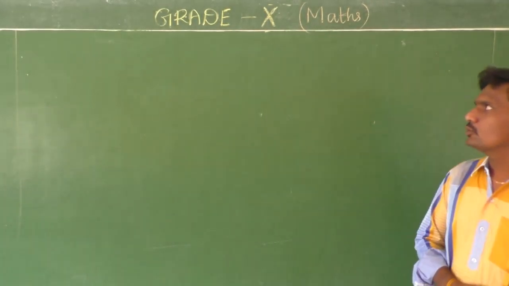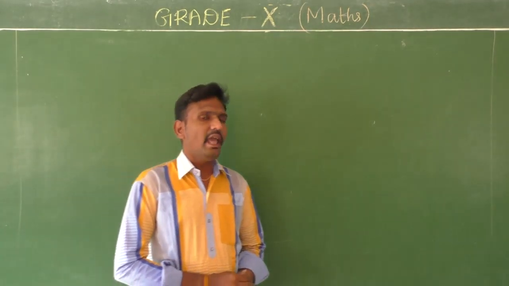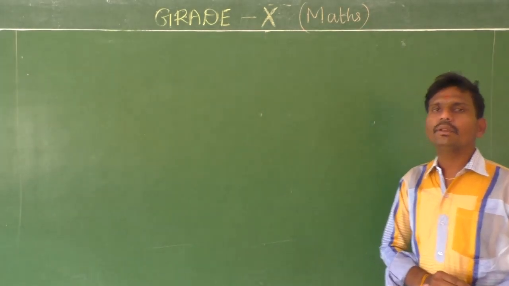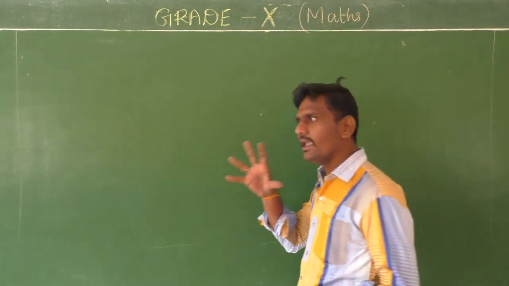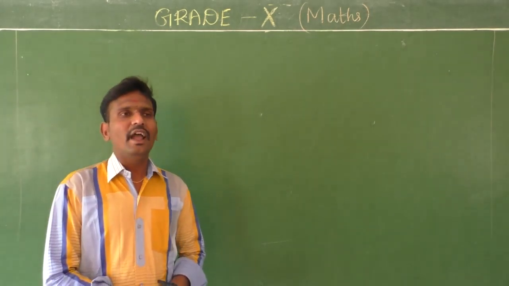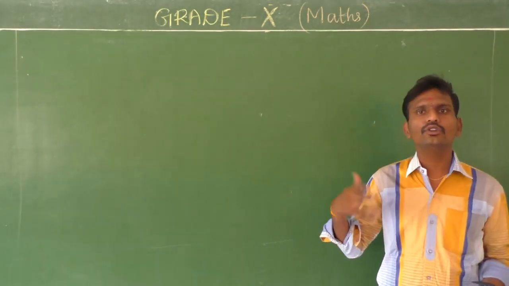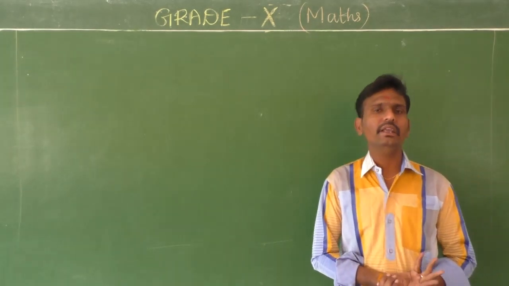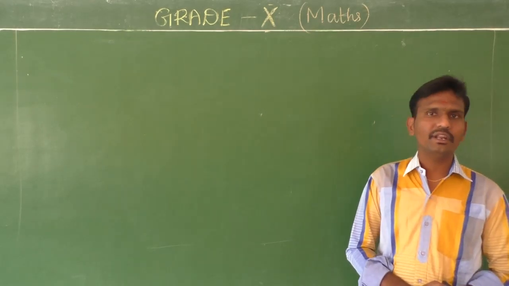Welcome to my class. This is the class for continuation of arithmetic progression, exercise number 5.3. In your previous class, we completed exercise 5.2. Do you know what the terms of AP are and what the nth term of AP is? We found how many terms there are in an AP and how to find particular terms. All of that we completed in the previous class.